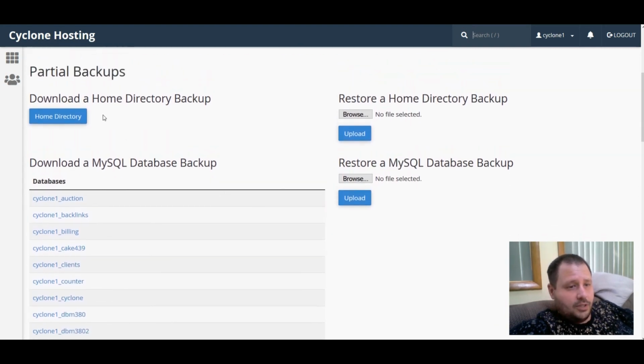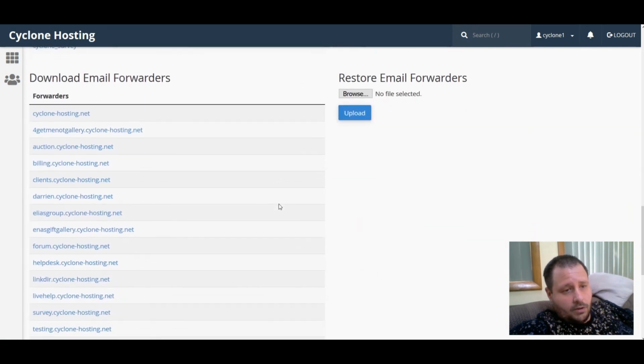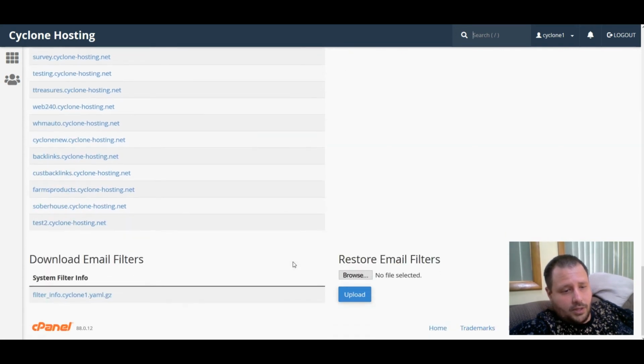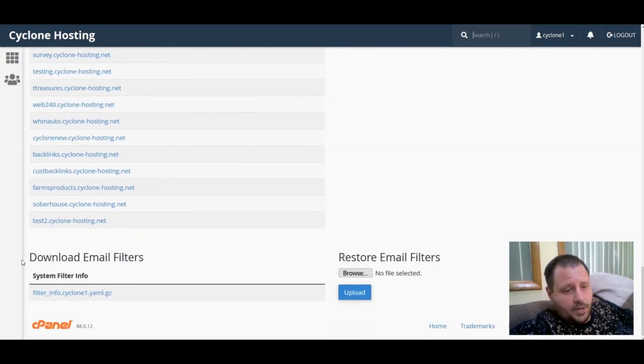Partial backups, you could say, for instance, you just want to download your files instead of MySQL databases or subdomains or emails or anything. You could download the home directory backups, which is public_html, that whole home directory. You could download MySQL database backups, different databases here. And same with email forwarders. You could download all that separately as well if you don't want to download the full account backup, and any